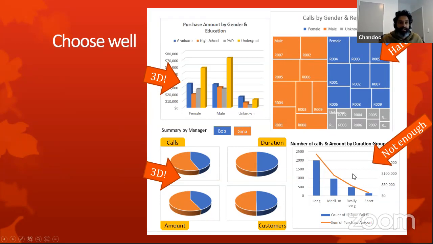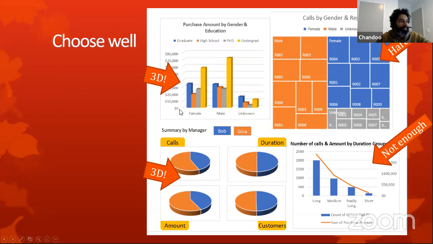And this is another chart where the choice has been made fairly reasonable, like there is no 3D, we are using simpler charts, but it doesn't really provide good enough detail. Maybe people are interested to know more, but that's not being offered here. So you would have to always question the choices that you're making in terms of, is it a good choice from a 3D perspective, but also, is it a good choice from reading the chart? Is it very hard to read? Do I need to add labels? If I'm adding labels, then you need to question, maybe I should use a different visual so that I don't even have to add labels, or I can present this data in a different way.